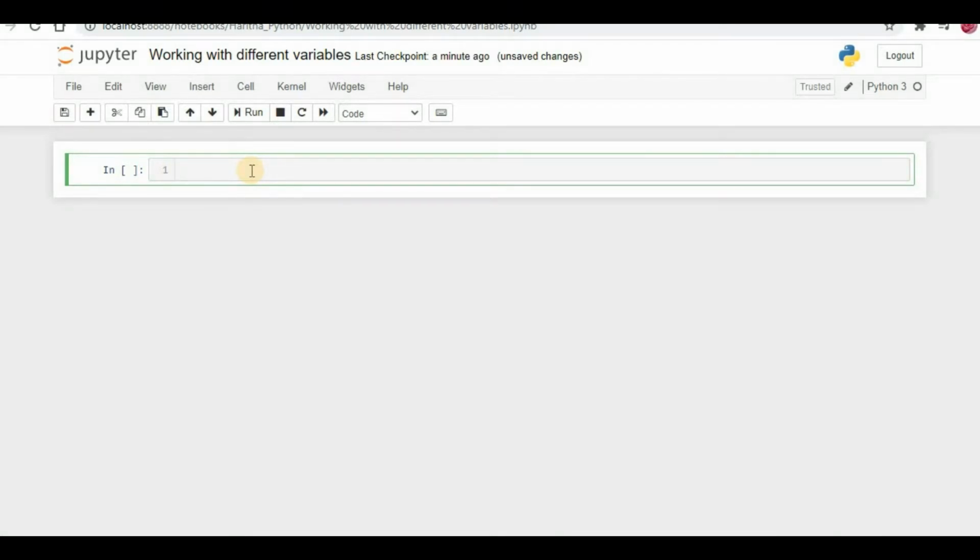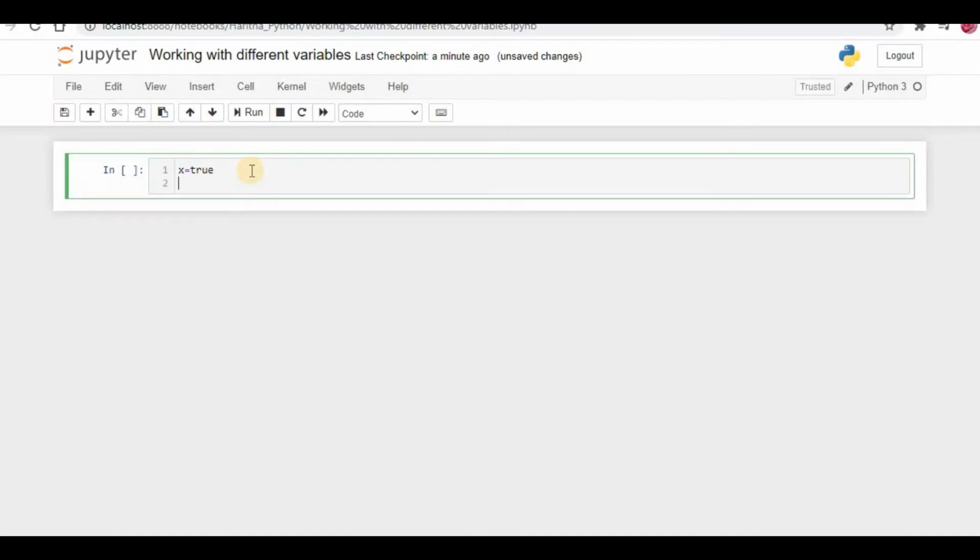Boolean values. Do you remember what Boolean values are? In our schooling days we learned Boolean values. I think you forgot. By seeing this you can easily understand that Boolean values are nothing but true or false. Boolean values refer to true or false, whereas Python considers them keywords. That is the reason the color changed to green. It automatically changed.